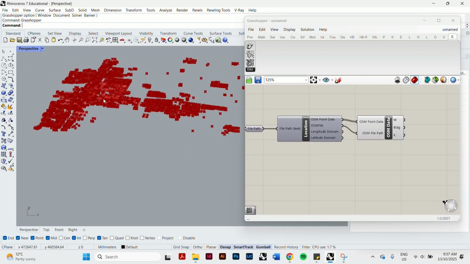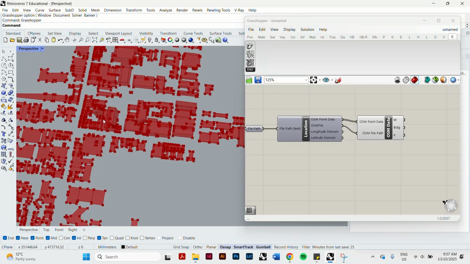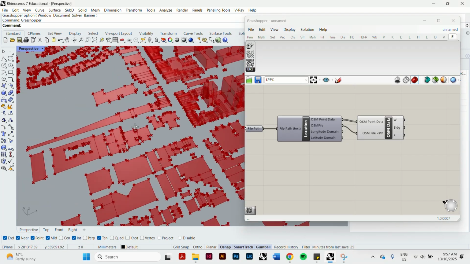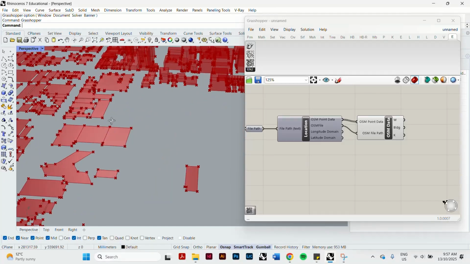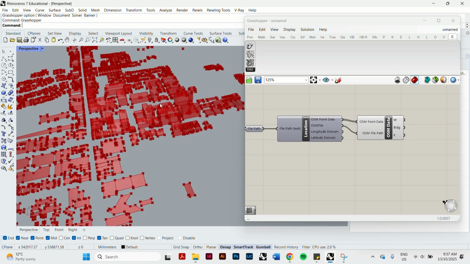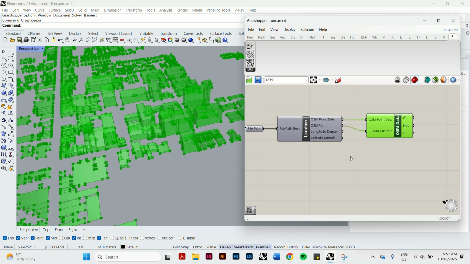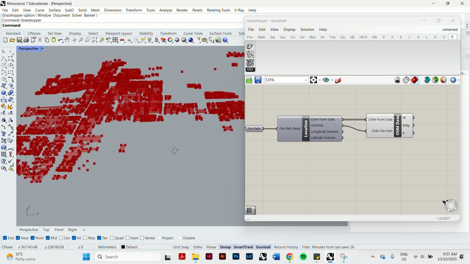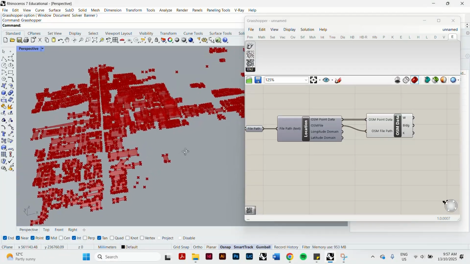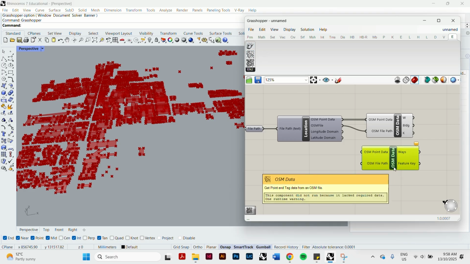Because this data is open source, it doesn't look like it's got a complete picture, but you can see this is the Swinburne University campus, and it's done a pretty good job of creating 3D geometry there. Some of these are still 2D, but we can go and manually extrude those later. And so we've got our building data, but there's a few more data pieces we might want to put into our data set. We can start by opening up a few more of those OSM data components, and I'm just going to create